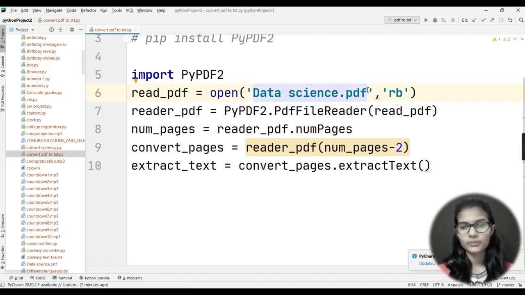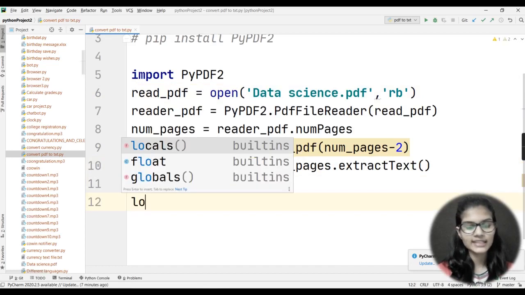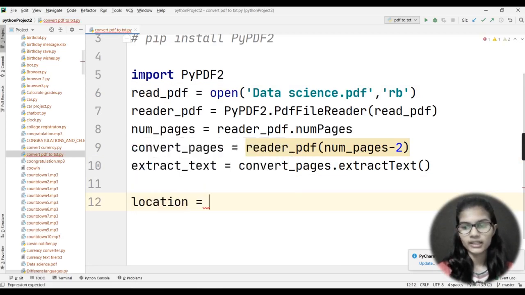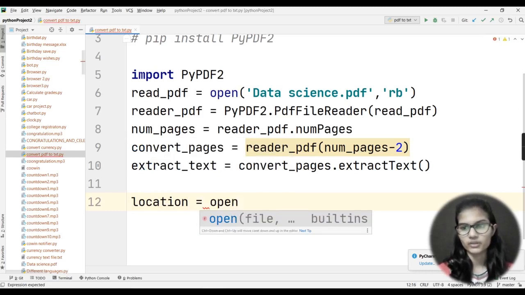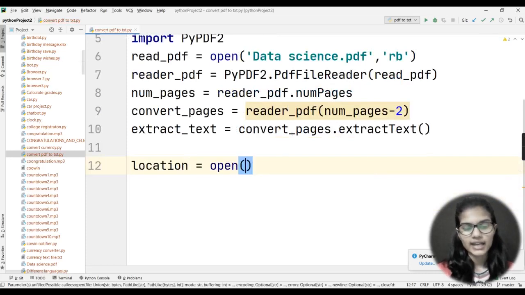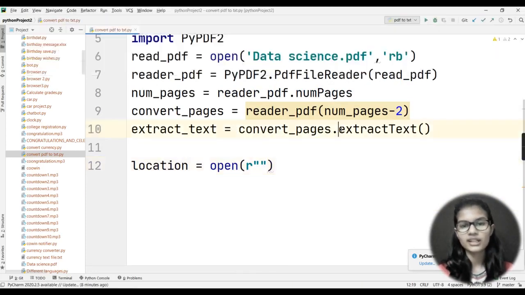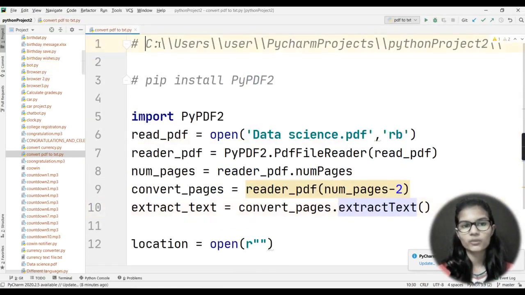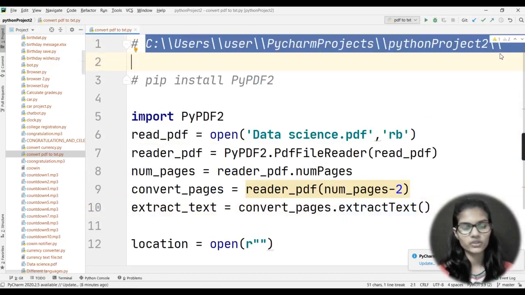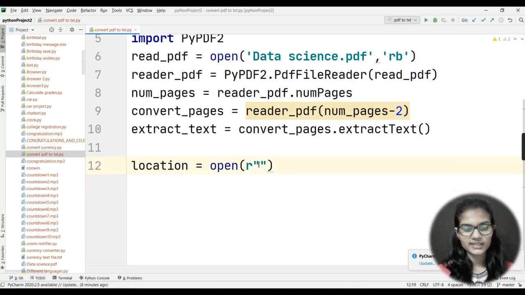Now I will be giving a particular position at which you need to save the text file that you will be making. I'm giving a very particular position for that. So come on to the next line, and let's say I take a variable that is location. Into this location variable I would put a bracket. First I would use the open function. Now I would put the bracket here, and I would put the R mode. Then I would put the quotation marks. Inside the quotation marks I would add the position where I want my file to be saved. I've already written that position here, and I would just paste it here itself.